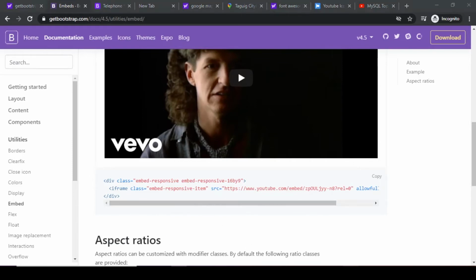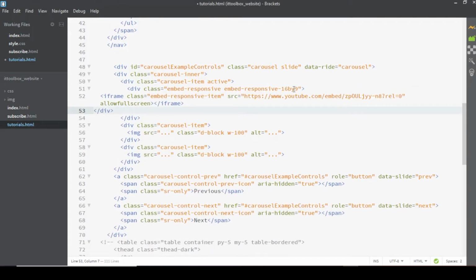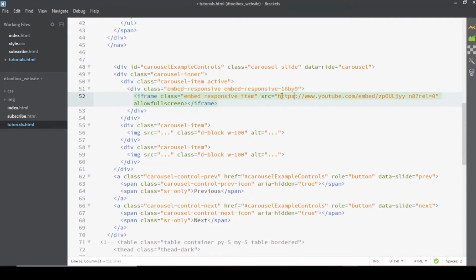And then paste it here instead of this image tag. Let's paste the code for embedding a video. Again, make sure tama yung indentation niya. For the source, we'll change this into